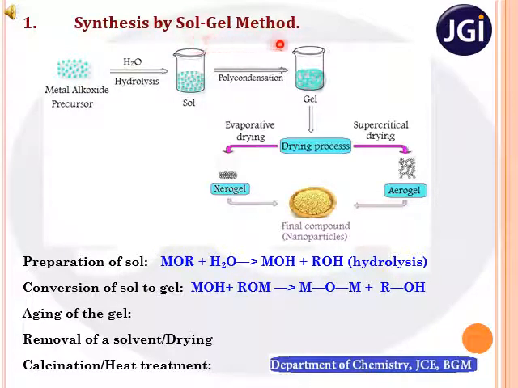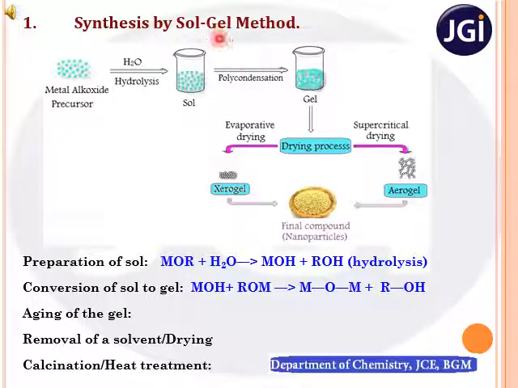This method is generally employed for the synthesis of monodispersed nanoparticles. Monodispersed means the particles having the same size. It may be 10 nanometer or 50 nanometer. All the particles are having the same size. So that is called monodispersed nanoparticles. This method is also employed for temperature sensitive organic or inorganic hybrid materials. If the final product is temperature sensitive, in such cases also this method is generally employed for the synthesis of